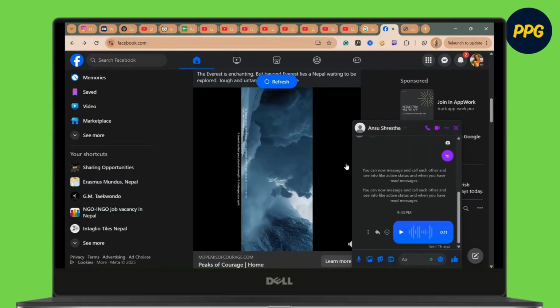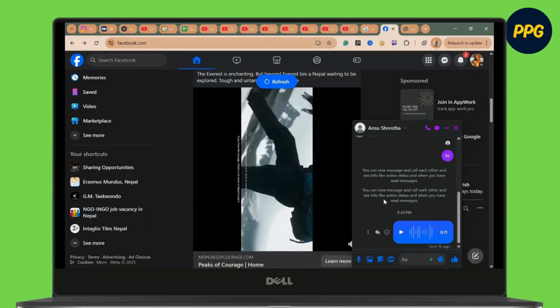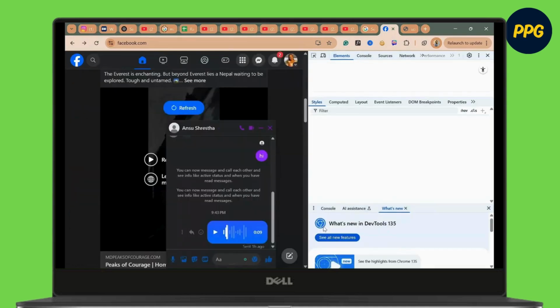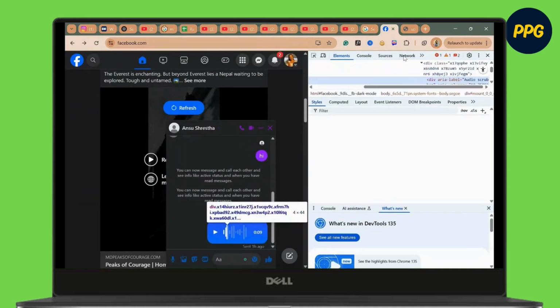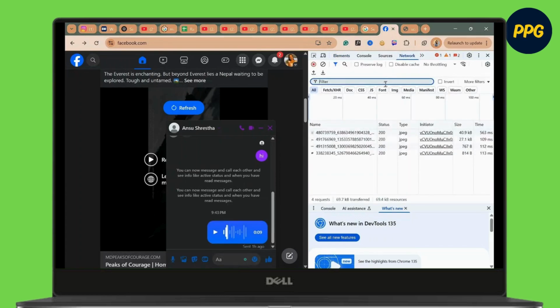So first things first, open up the chat and then what you have to do is tap on the voice message that you want to save, right click on it and tap on inspect and something like this will appear on the screen. On the top, go to network and then once you go to network, you have to play